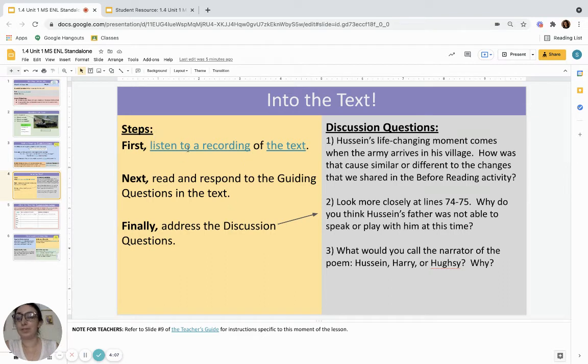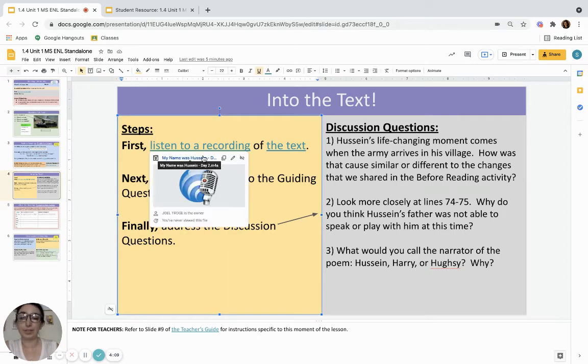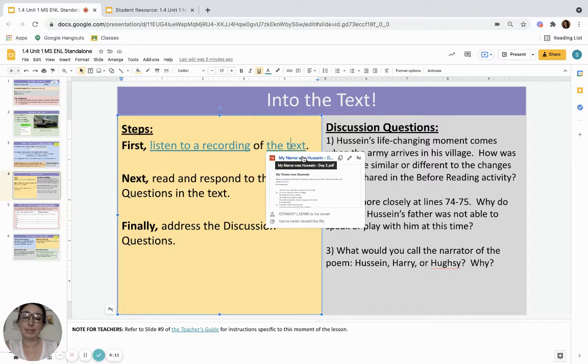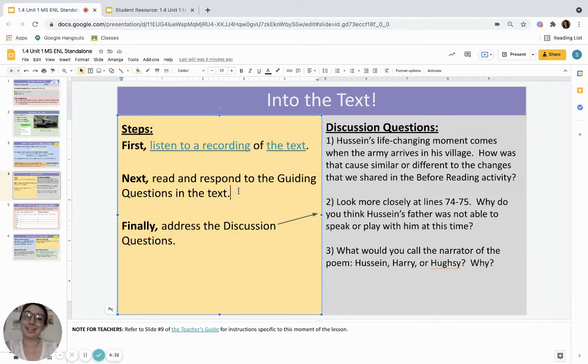So the first step is for students to listen to the recording. The text is linked right here. It is also available in the texts and PDFs folder in TeachHub if you would like to assign it directly on Google Classroom. Otherwise, they can pull it from right here. A tool like Markup or Kami might be good if you would like them to write their answers directly on the PDF, which brings us into the next point, to read and respond to the guiding questions that are embedded